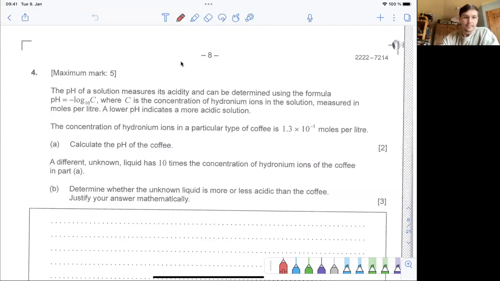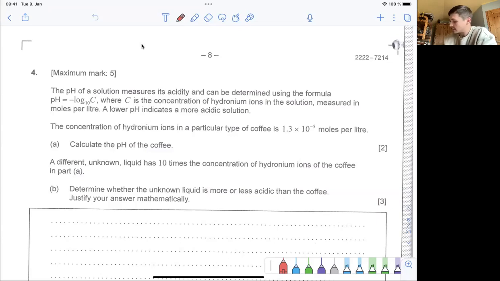Question 4. The pH of a solution measures its acidity and can be determined using the formula pH equals negative log to the base 10 of C, where C is the concentration of hydronium ions in the solution measured in moles per liter. A lower pH indicates a more acidic solution. Okay. Concentration of hydronium ions in a particular type of coffee is 1.3 times 10 to the power of -5